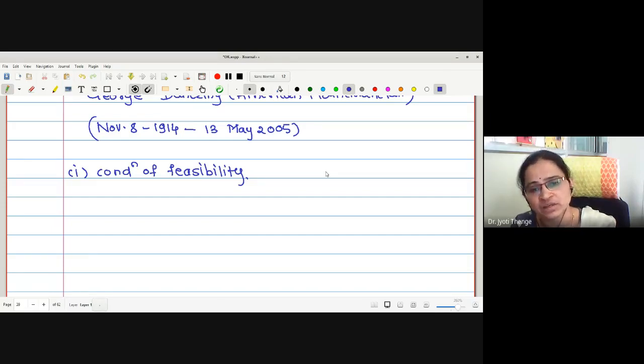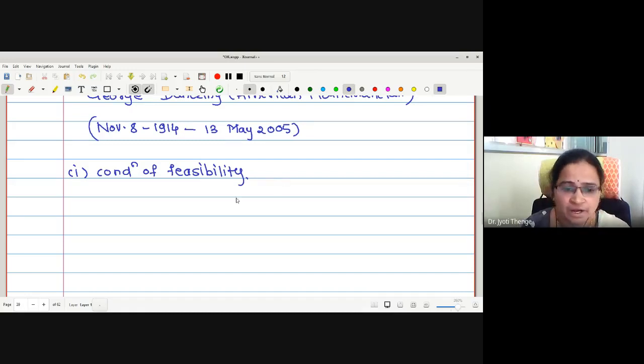In the iterative methods, we assume some initial approximation, initial solution. Then by approximating the values, we get better solutions, right? Similarly, here also this is an iterative process. The condition of feasibility tells us that if the initial starting solution is a basic feasible solution, then during the computation only basic feasible solutions will be obtained. If we start with a feasible solution, while computing we will get basic feasible solutions only.